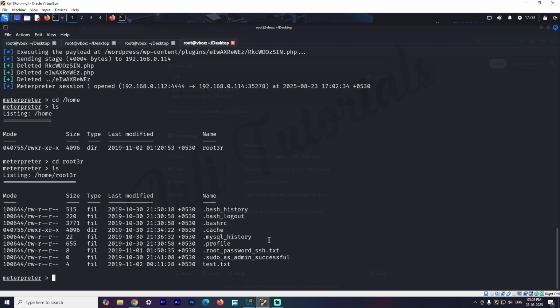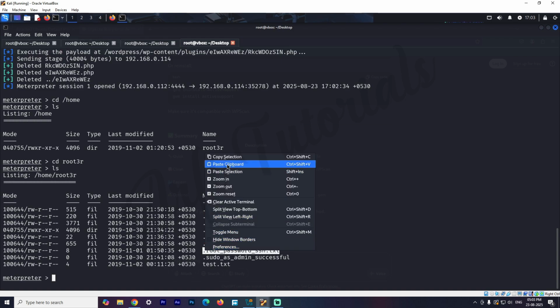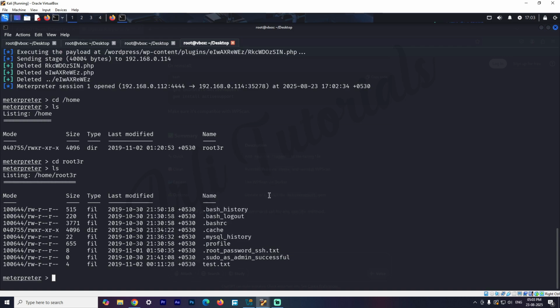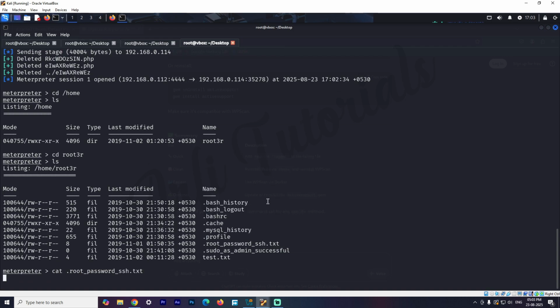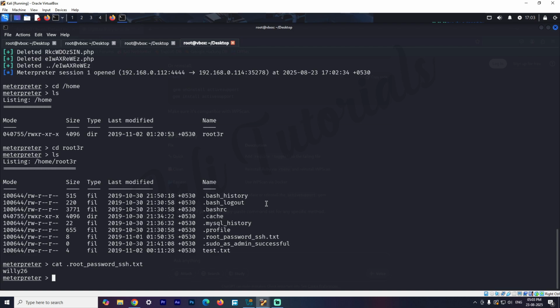Let's cat .root_password_ssh.txt. Now we know that the password of the root user is Willy26.